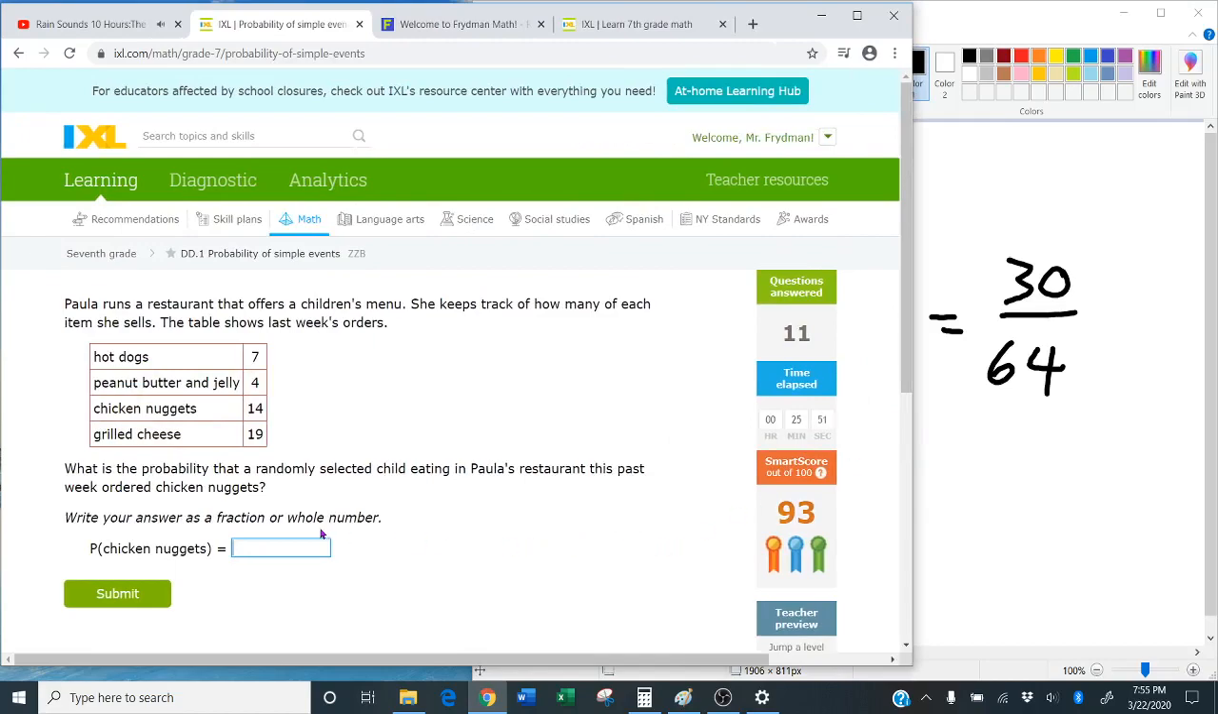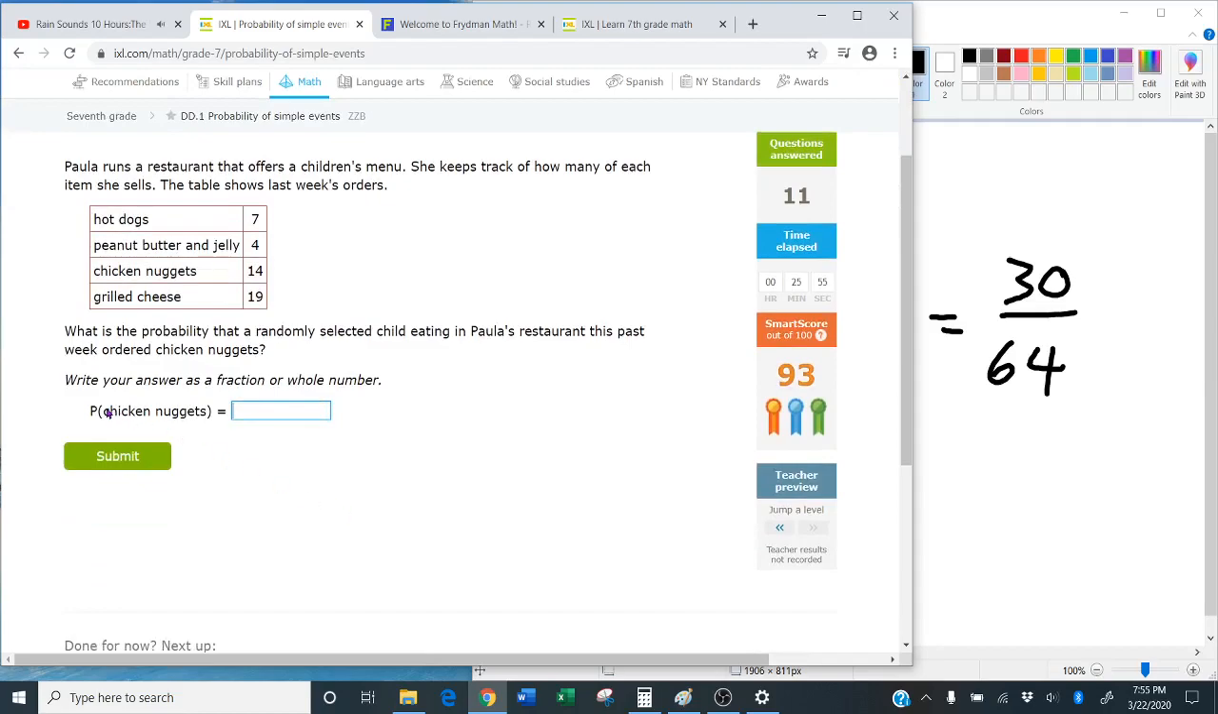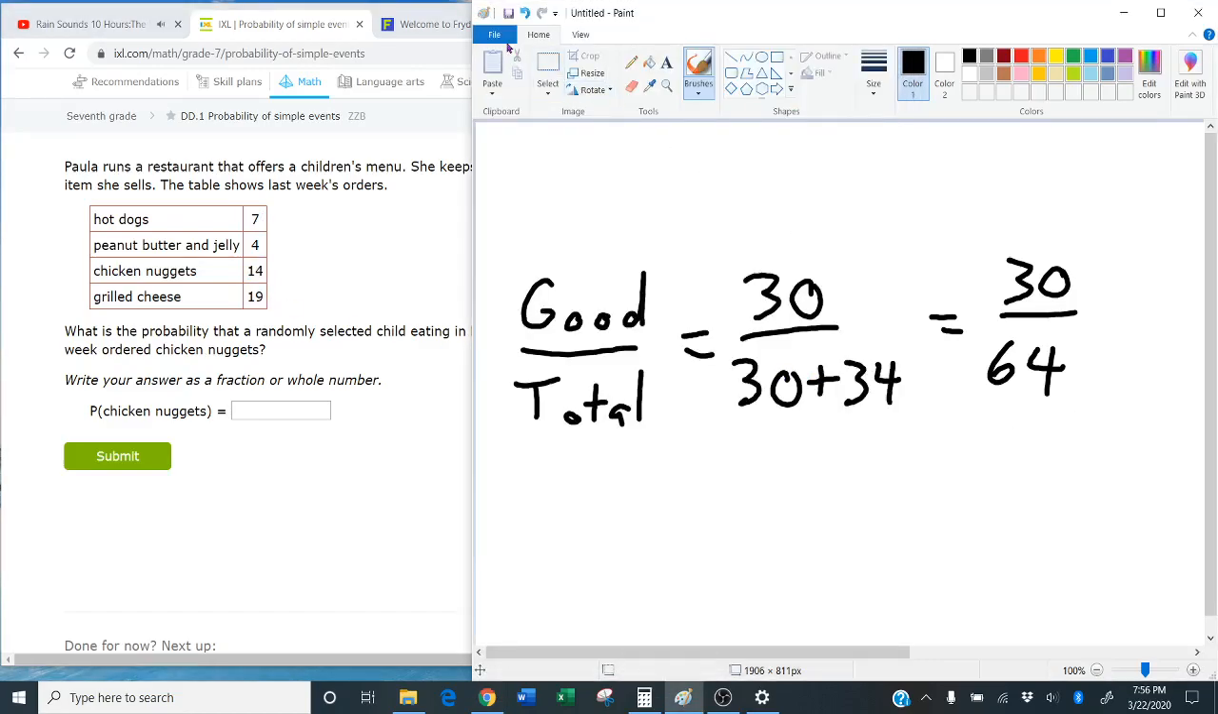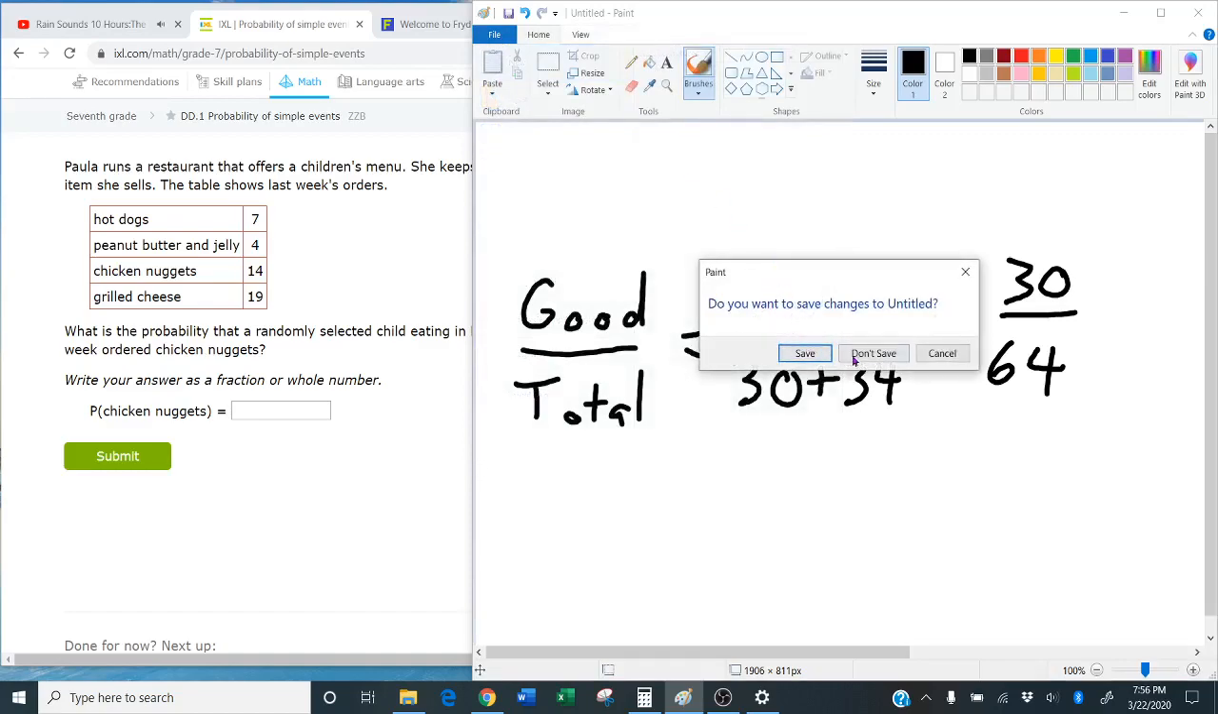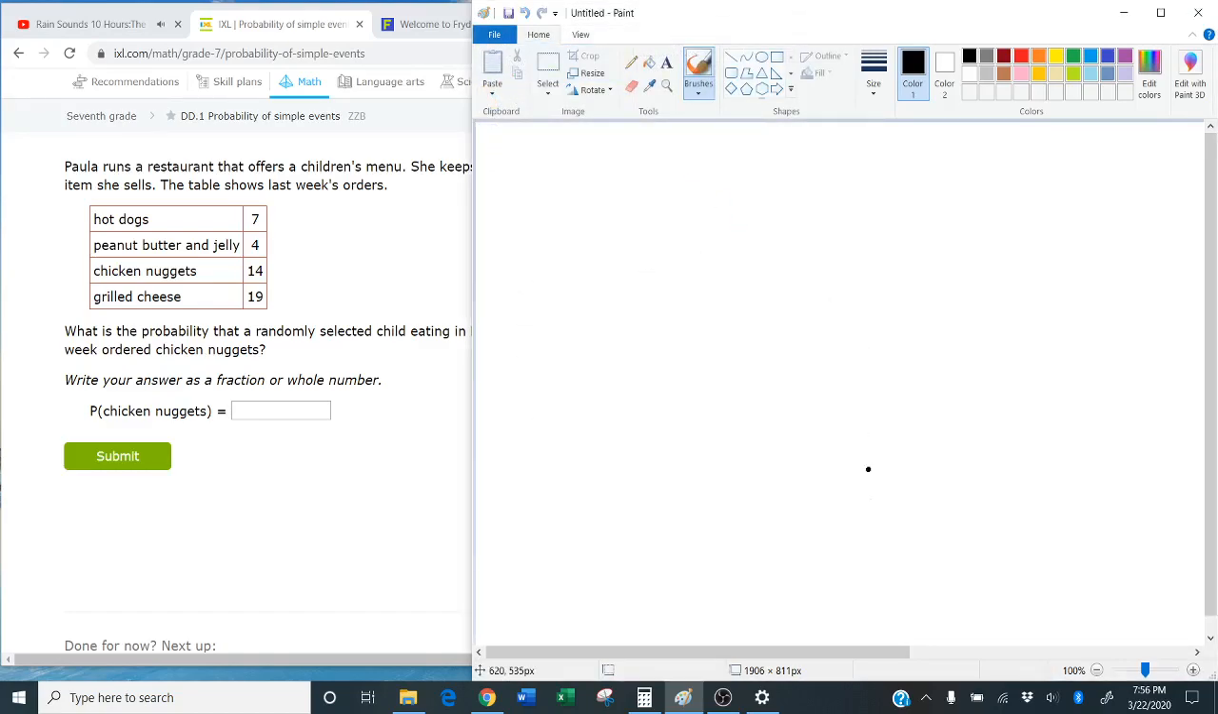Again, this is the same kind of problem. For this kind of a problem, the probability of getting chicken nuggets would be 14 chicken nuggets in the numerator, and you would add everything up in the denominator. I'll just do this one last question, and I think I've covered all the types of questions that you're going to see. So our good over total here